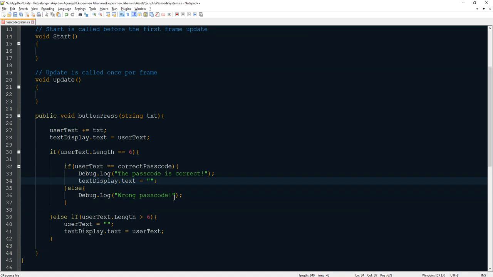I will set the text to be "correct" like this, and if the passcode is wrong,